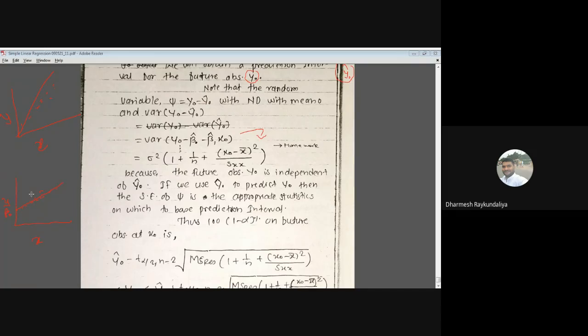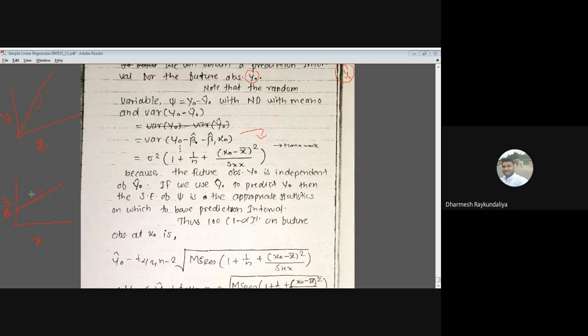Once that is clear, what is your next task? You wish to first estimate the model. So how will you obtain the estimate of the model? Of course, to estimate the model means to estimate the parameters of the model. What are the parameters in the regression model? There are 3 parameters. Beta 0 is the intercept, beta 1 is the slope parameter, and sigma square is the variance of the residuals, and that is the variance of y.